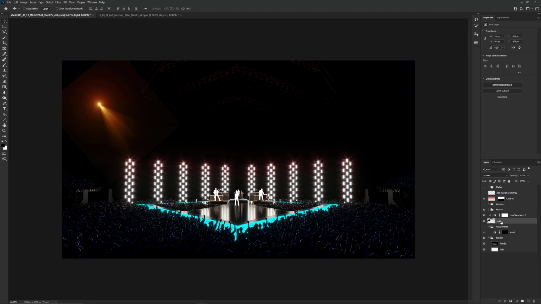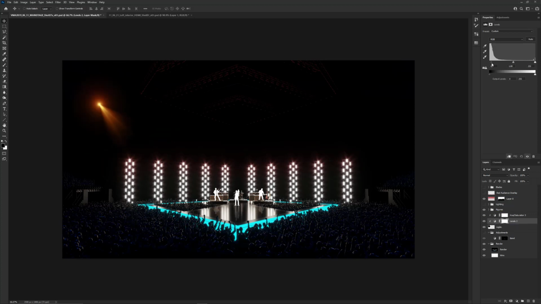If I select the light layer and now add another adjustment layer to this, without even worrying about the clipping mask, because I'm making this new layer in between the layer and the clipping mask, Photoshop is automatically going to assume that I want this one to clip to this as well, which is super convenient because we do. And so now if I come in here and start to adjust and dial in the settings for this,